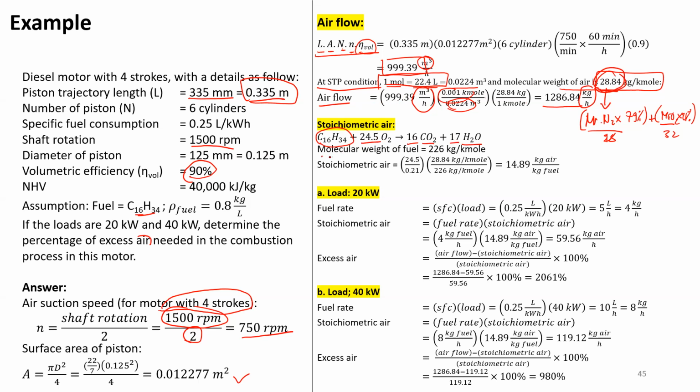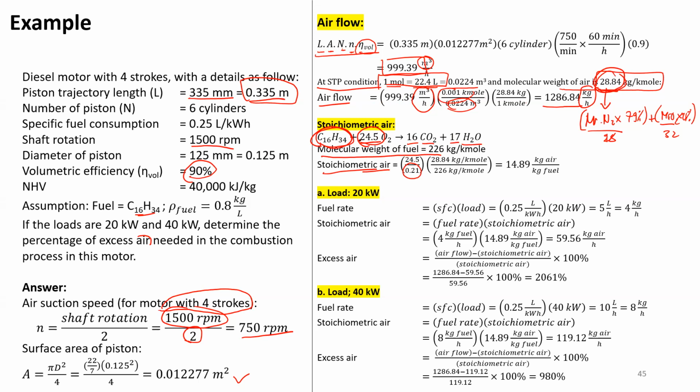And we will have the molecular weight of the fuel, 2 to 6, so you can calculate it based on this fuel. And you will get the stoichiometric air based on this. So we assume the oxygen is 21% in the atmosphere as a reference, so you can calculate it.